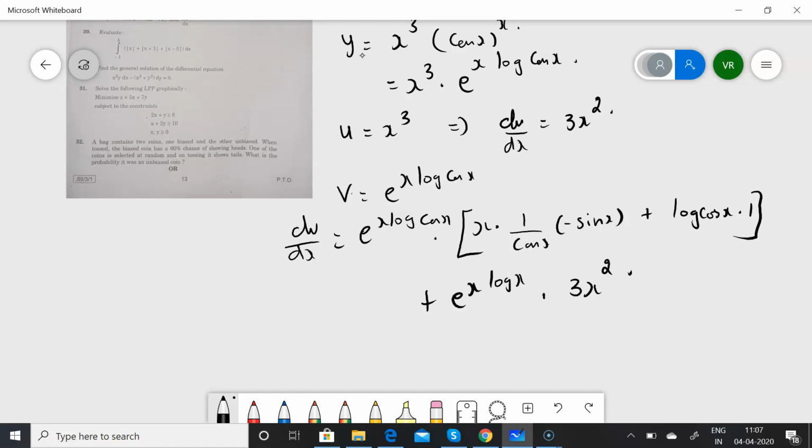So I can now take log of cos x. Now I can take e power x log of cos x as a common factor. Then it now becomes minus of x tan x plus log of cos x